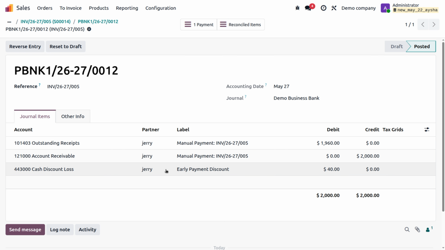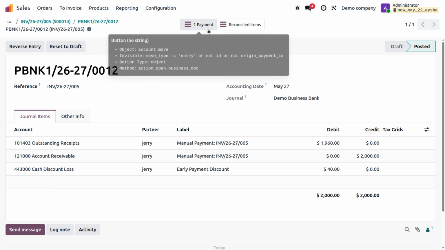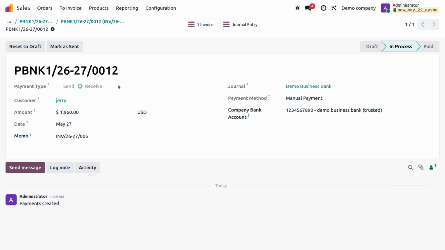Now you can see the journal entry of that particular thing. It is changed, and $1,960 is depicted on the outstanding receipt. After the reconciliation, it will move on to the bank. And now you can see the account receivable is credited as 2,000, and the cash discount loss is there for the $40. It's also depicted. Okay. So now you can see all the labels are mentioned by Odoo automatically once you set the payment terms there. Okay, moving back to the payments,